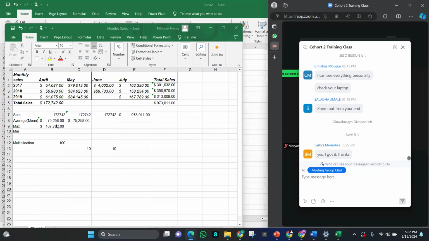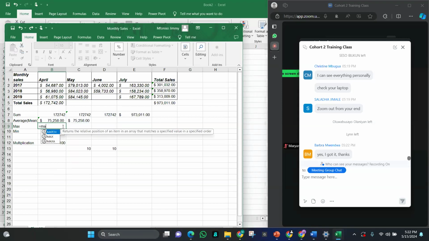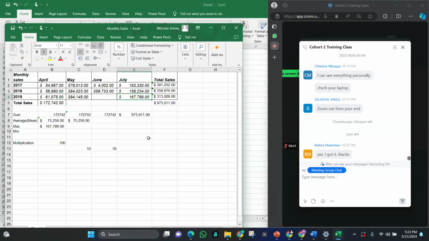So when I included that range in our max formula and clicked enter, it chose this. And obviously, if you look at it, the highest value is July 2019. I hope everybody got that point.